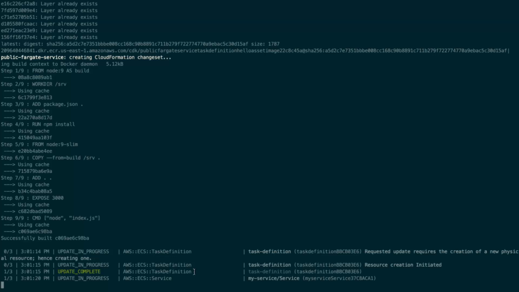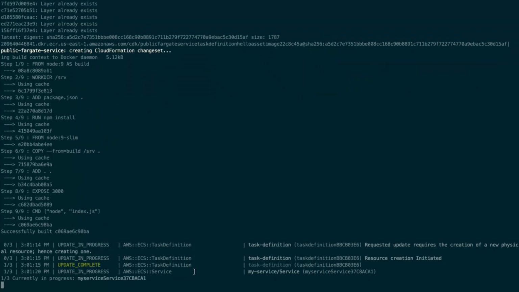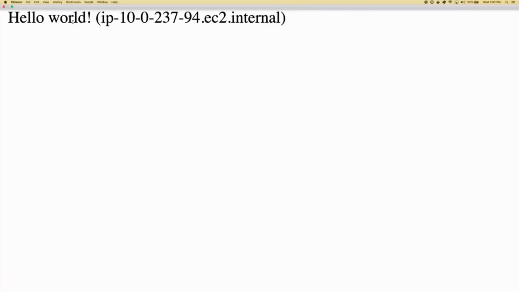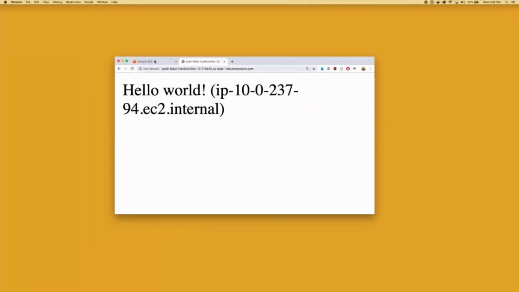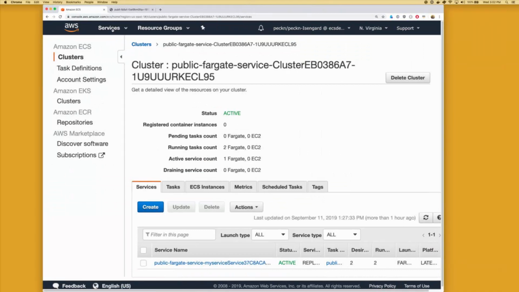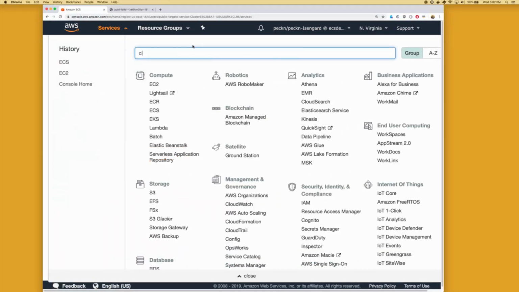And the next step, though, is to actually ask ECS to update my service with this new version of the application. And this generally takes, with the settings that I specified in my TypeScript, about 2 minutes. So I'm not going to make us sit here and wait on this terminal while this operates. Instead, I'll go ahead and show you in the AWS console what the ECS is doing and what CloudFormation is doing. So if I go over here to the CloudFormation service,